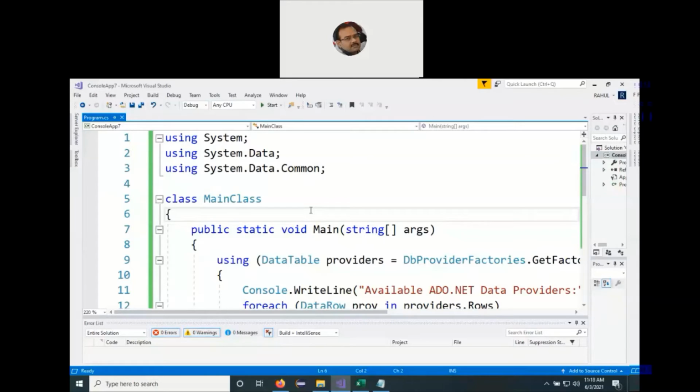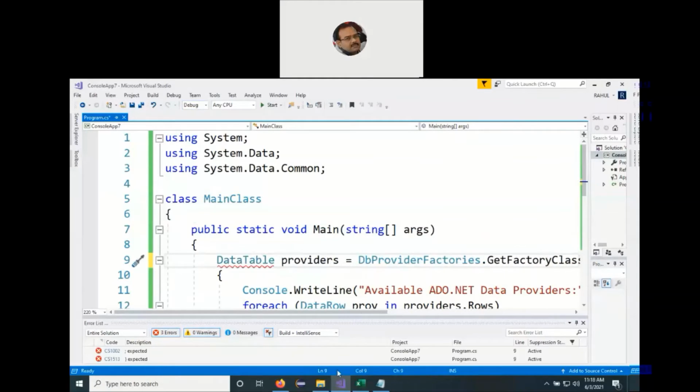So let's scroll through the code. Class, the name of the class, then public static void main, string args. I hope by now everyone is comfortable and familiar with the code. The only thing that we need to remember is that the M remains in the uppercase. For the rest, the first alphabet of every word goes in the uppercase. Then we come to line number 9. Using, we don't require because we're already using it right at the top. So if we want, we can skip the using part and directly come to this line.